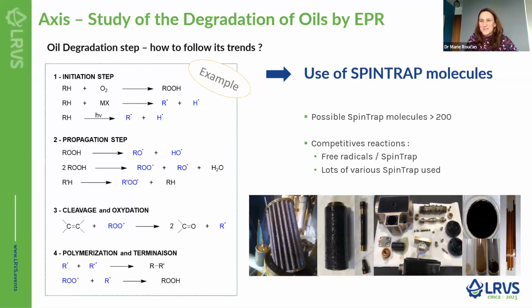So everyone knows the different steps of the degradation of oil. What is important in this slide is that you have a lot of free radicals during every step of the degradation of the oil. That's very useful for us and for the EPR, because that's the species we're going to see, as I mentioned. The problem is some of the species are very stable and some of them are very, very reactive. And sometimes by the time you take your sample out to analyze it, the species are gone because